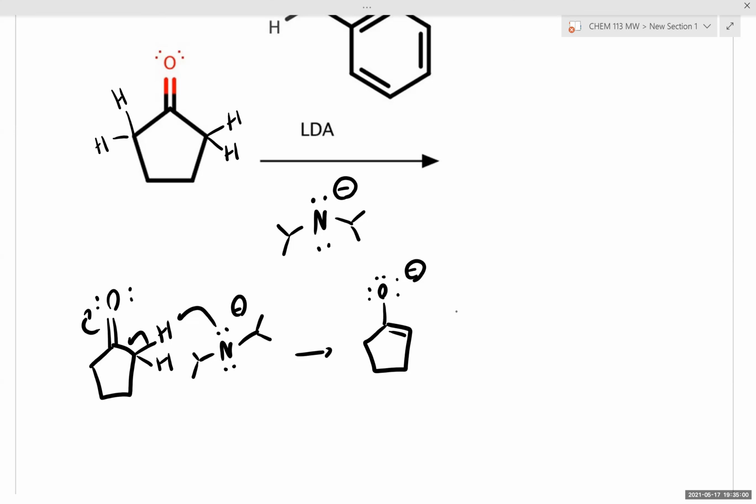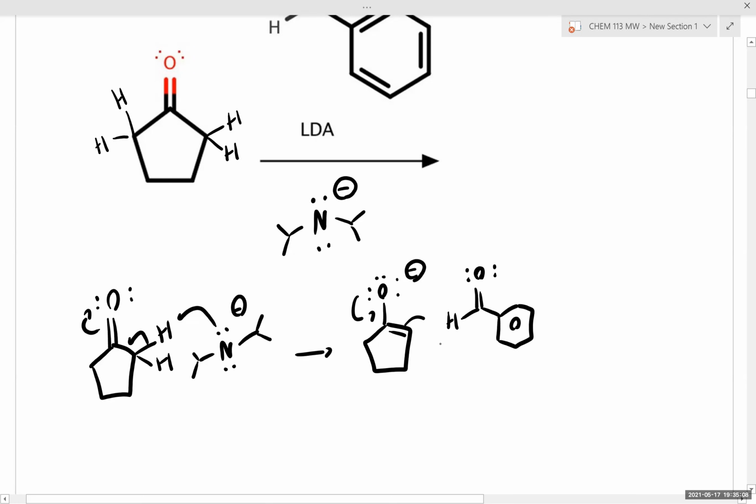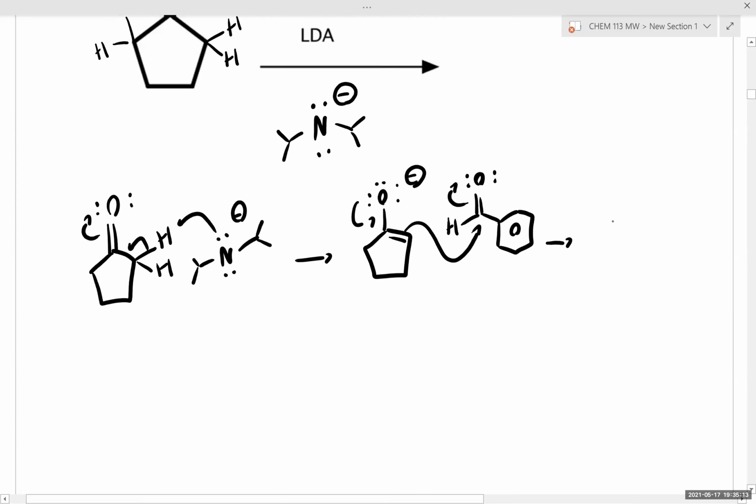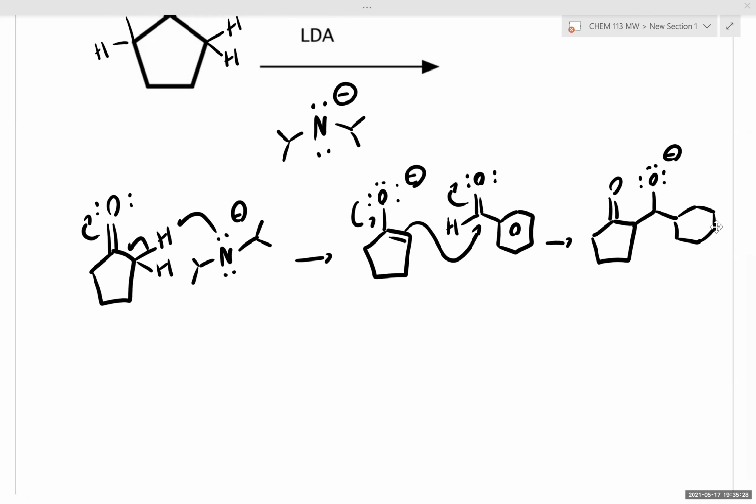So we have many students commenting that the nucleophilic enolate will attack the electrophilic aldehyde carbonyl carbon. And with that, we'd be able to form a carbon-carbon bond and generate our aldol product. Okay, so from here now,